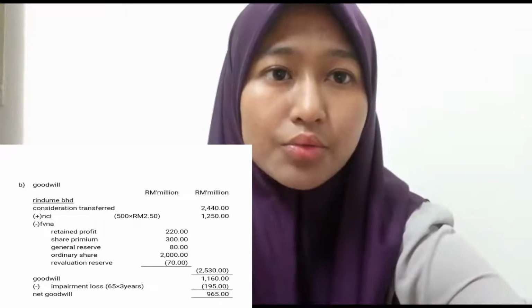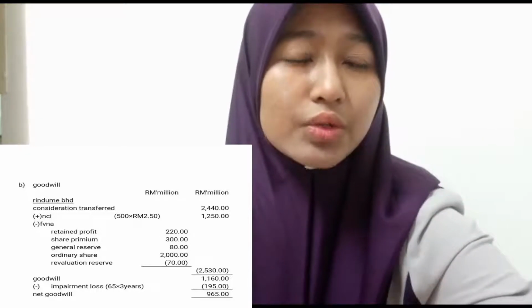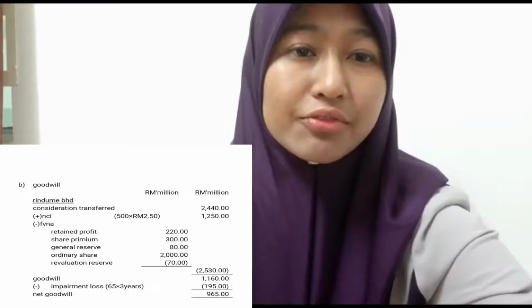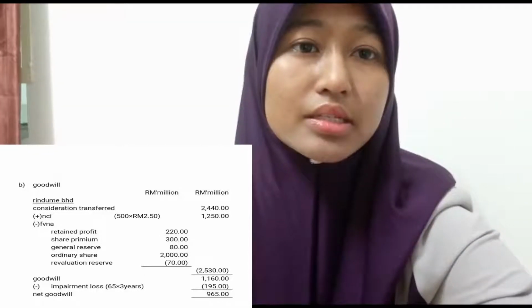RM2.50. Next, we need to less all the fair value of the net assets, which include the retained profit, share premium, general reserve, ordinary shares, and deficit of the revaluations. All the amounts can be seen above. Lastly, we need to less the impairment. Since the impairment starts from 2015, the impairment needs to be calculated for 3 years. Therefore, the amount of impairment is equal to 195. The total goodwill that we receive for Rindumi Berhad is